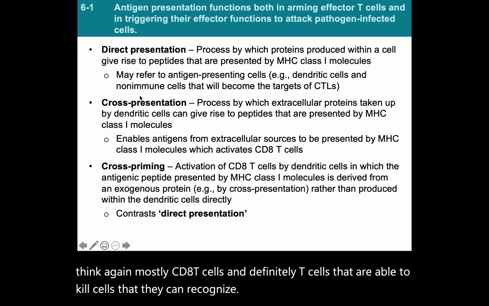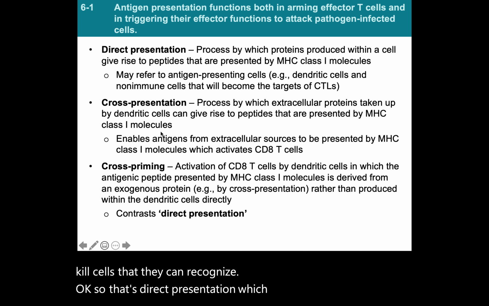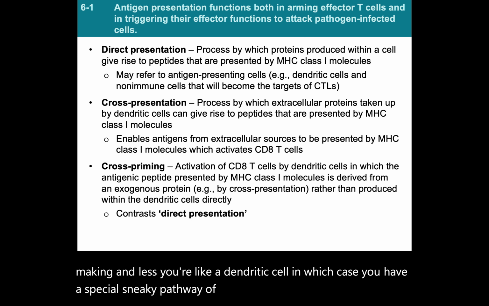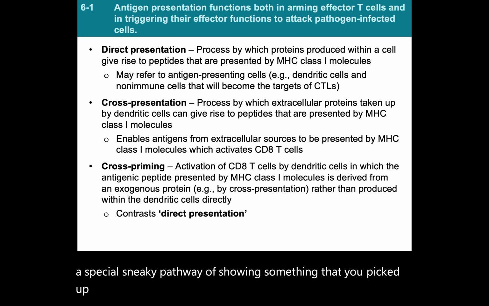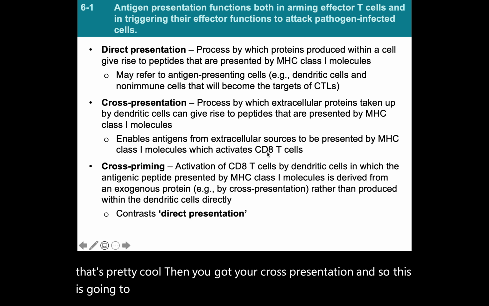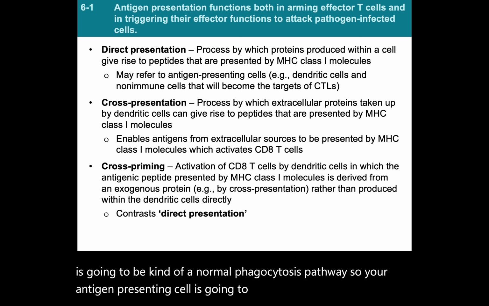Okay, so that's direct presentation, which is you're showing what you're making unless you're like a dendritic cell, in which case you have a special sneaky pathway of showing something that you picked up. But you can show it via class 1 to cytotoxic T lymphocytes. So that's pretty cool. Then you got your cross presentation. And so this is going to be kind of a normal phagocytosis pathway. So your antigen presenting cell is going to eat something, and